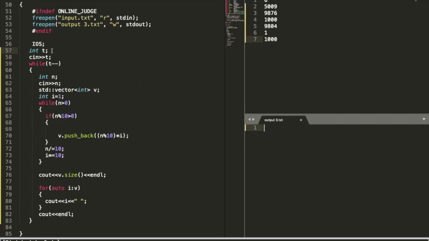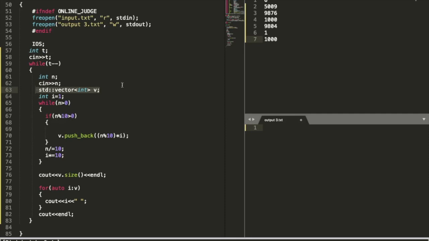Here I have initialized a variable t to handle the test cases. It will take input for the test cases, and the while loop will run until all our test cases are processed. I have created n for taking the input of the number. I have created one vector.